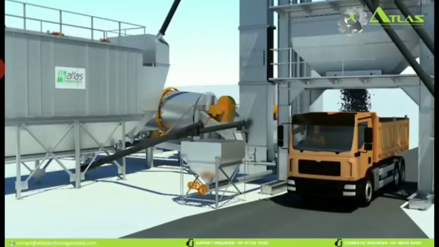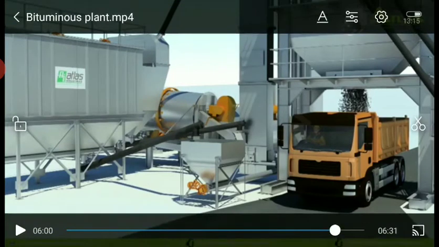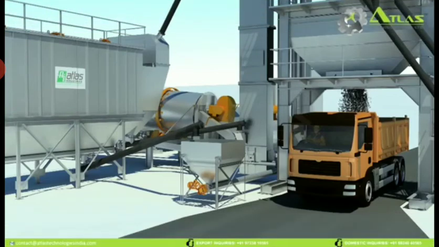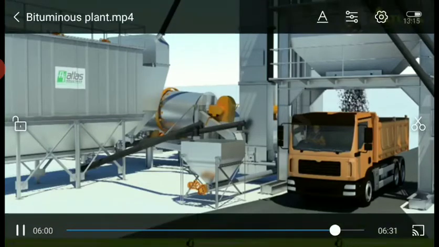The same mix we can use in the next part of the construction. So this is how they manufacture this bituminous mix. Hope you have understood the procedure of preparing the mix. The same vehicle can be used in transferring that material to the required location.